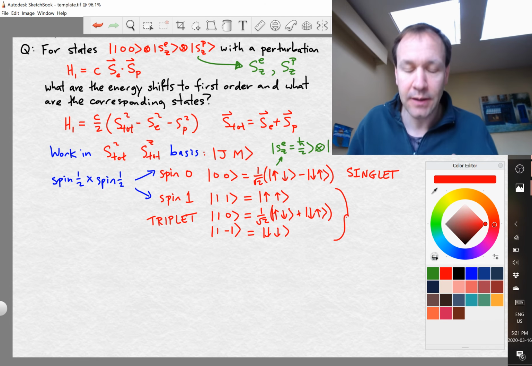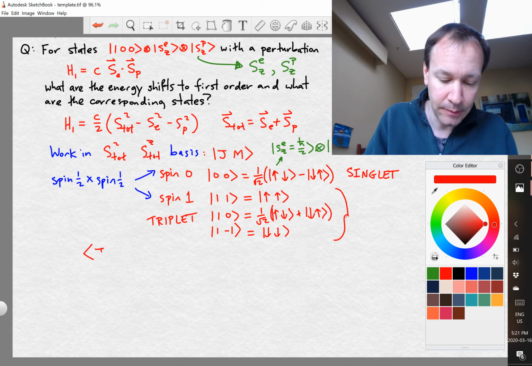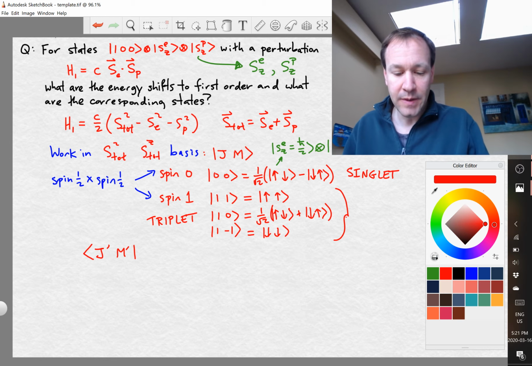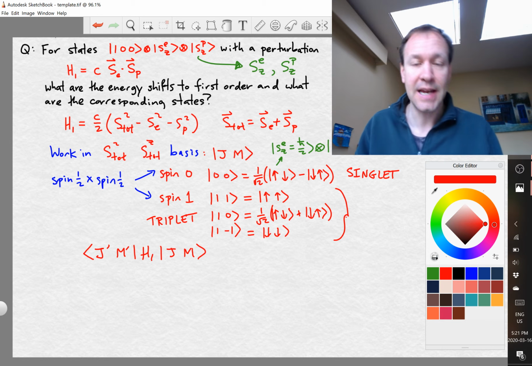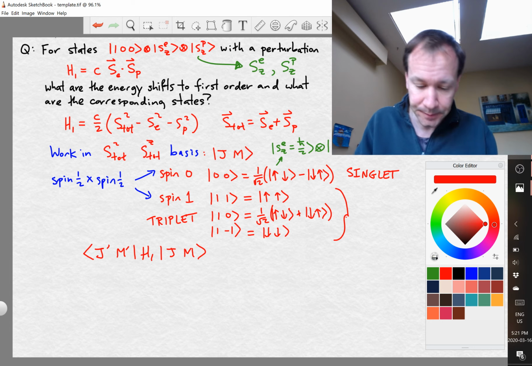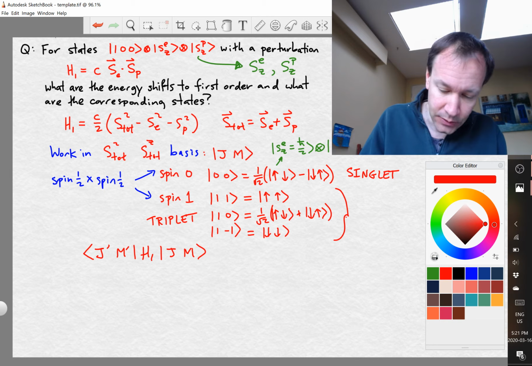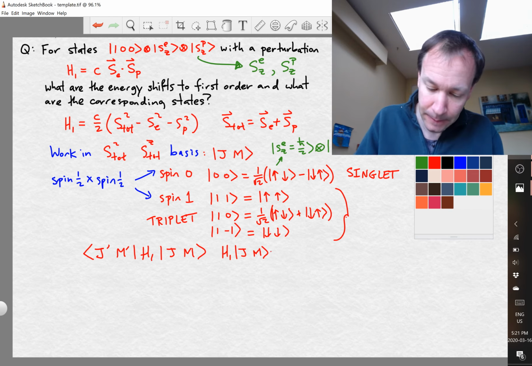So now let's understand what are the energy shifts for these various states. In principle, we want to compute the matrix elements between our 4 basis states and the new basis, with H1 in the middle, and then Jm. But we're going to see that we're only going to get diagonal matrix elements here. What we can notice is that H1 acting on Jm,